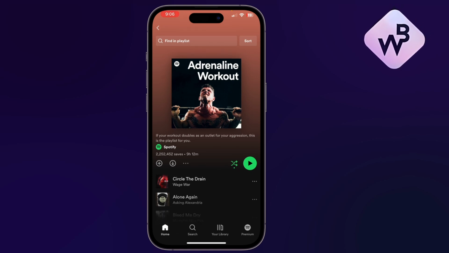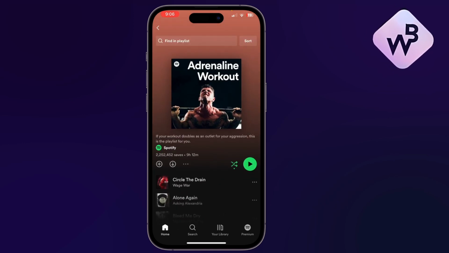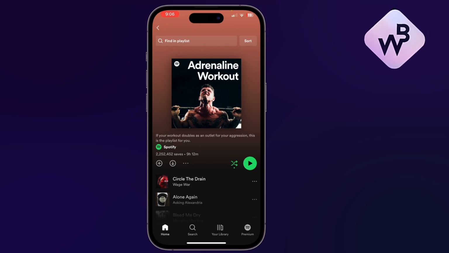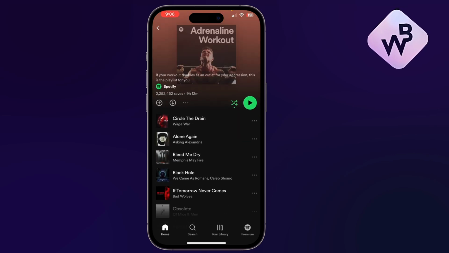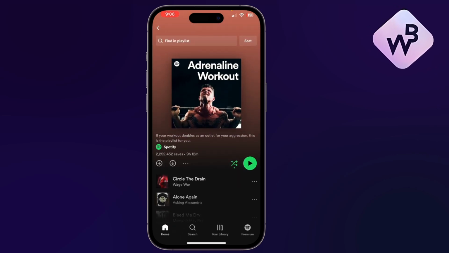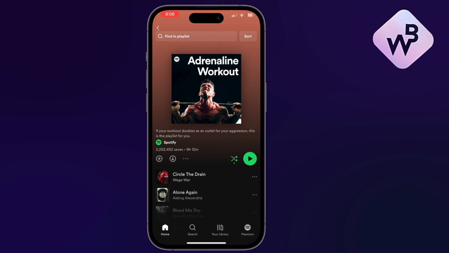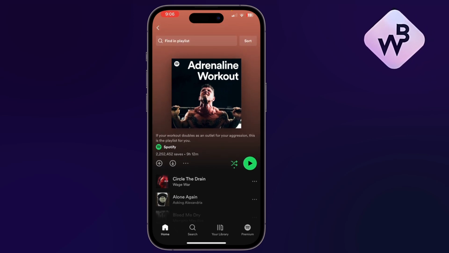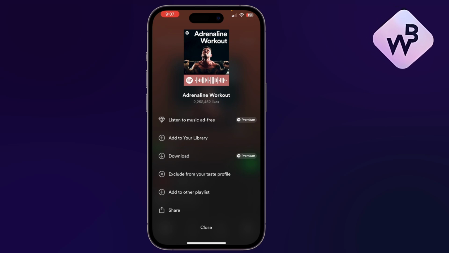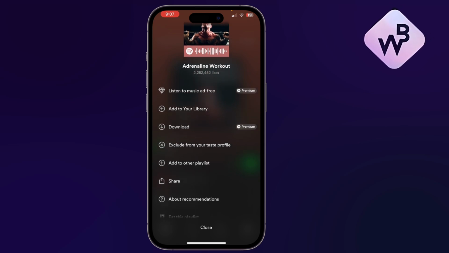So as you can see here, I have Spotify open on my phone and I have a playlist here that I want to share. So here you'll see the playlist itself of the songs, and on top of it you'll find a plus icon in a circle and a down arrow or download icon, and you'll see three dots here above the first track. So I'll press on the three dots here and you'll find many options, including the share